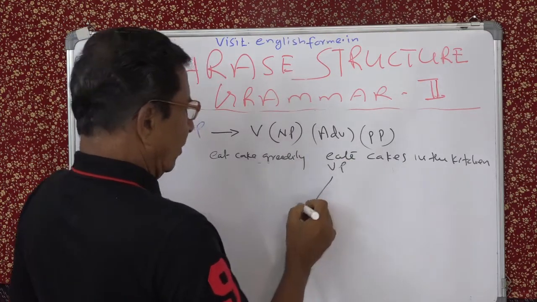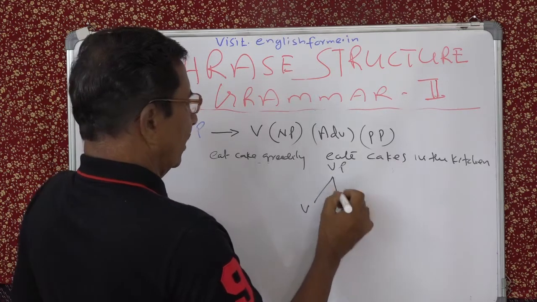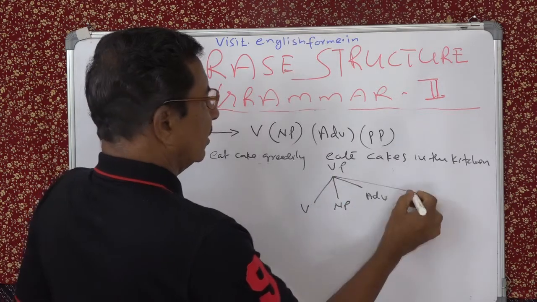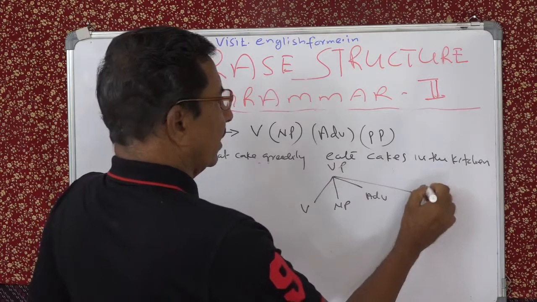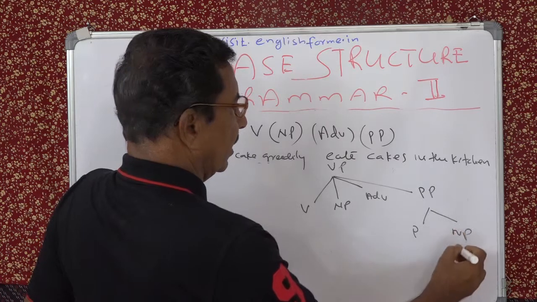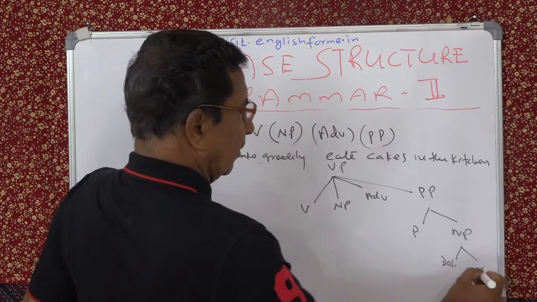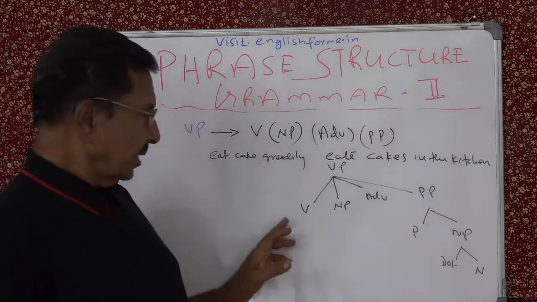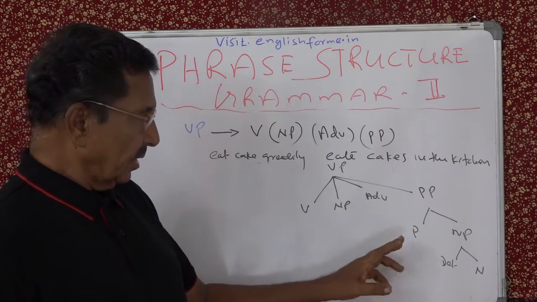Then you have got verb, you have got NP, you have got ADV, you have got PP. And PP has got the P and the NP. And NP has got the determiner and the noun. So this will be verb,